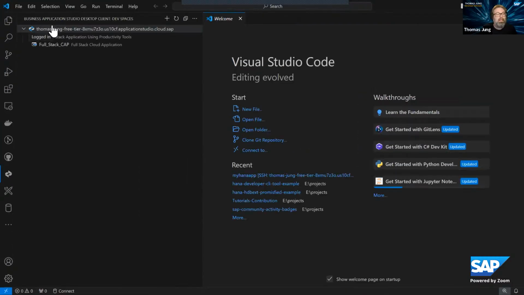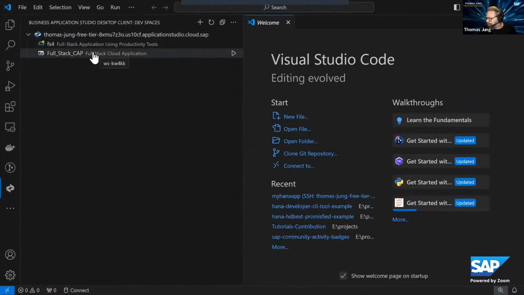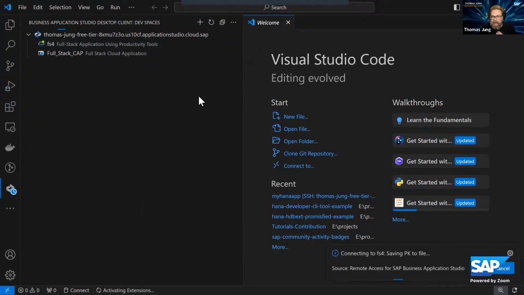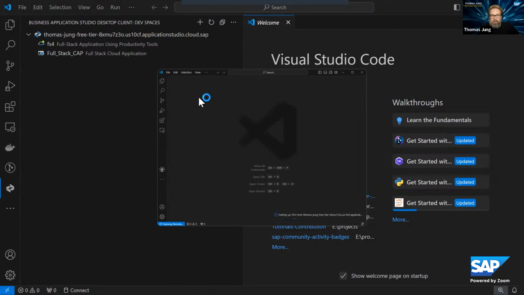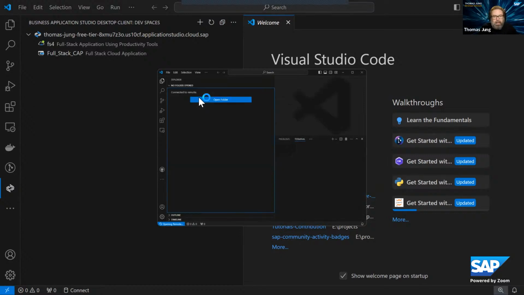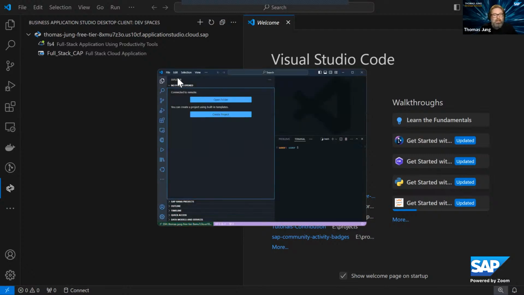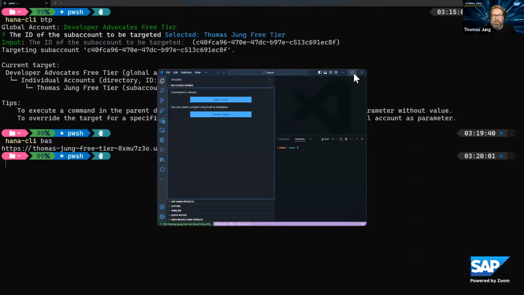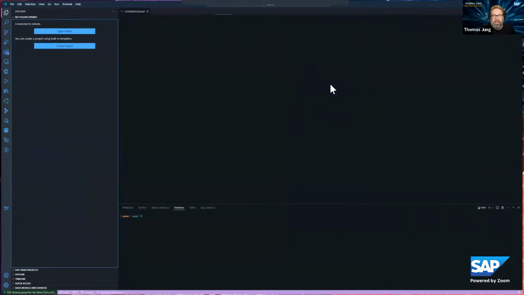Let me make this a little larger too. There we are. And I can remote connect into that dev space from my VS Code, so let me go ahead and do that. It'll take a second to launch another VS Code window and remote shell into my Business Application Studio environment. You even see it's adapting the theme that VS Code is running to match the one that I have set in Business Application Studio. So actually, I can go ahead and minimize some of this other stuff, and we'll make this bigger.